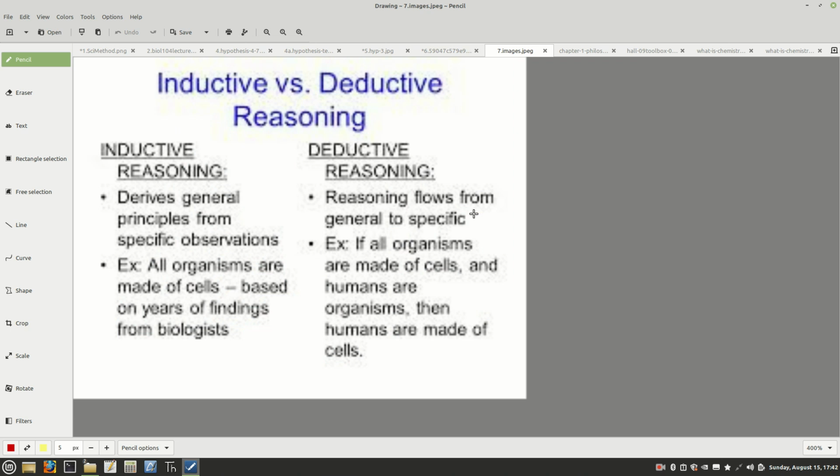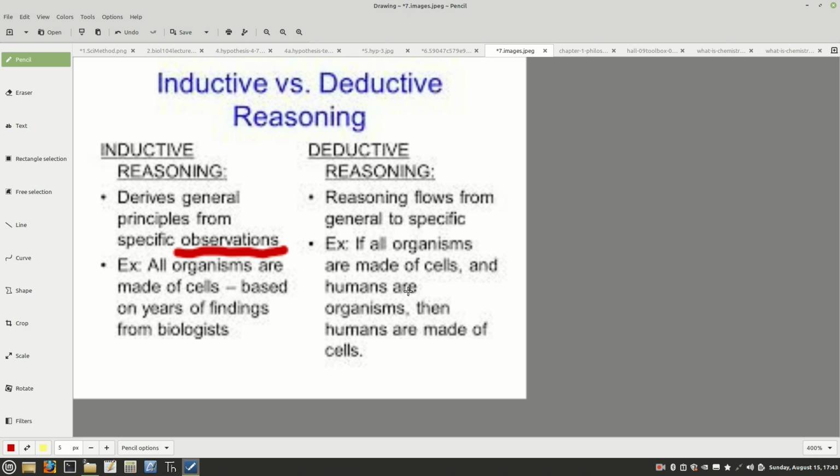Alright, again, a little bit more on the inductive and deductive. I'd say this is one of the harder things for people to get: what exactly do these mean? So like I said, inductive derives general principles from observations. So if you're talking about observations, you're probably talking about inductive reasoning. You're like, well, I think all living things are made out of cells. And your deductive reasoning is when you do an experiment to test this. If all organisms are made of cells and human, this is an example of using that kind of logic.